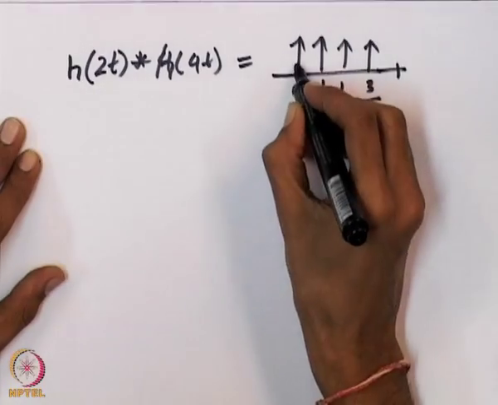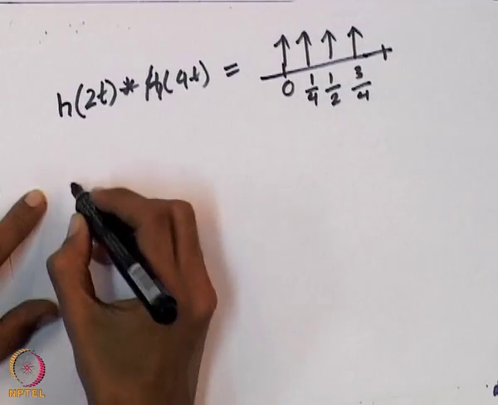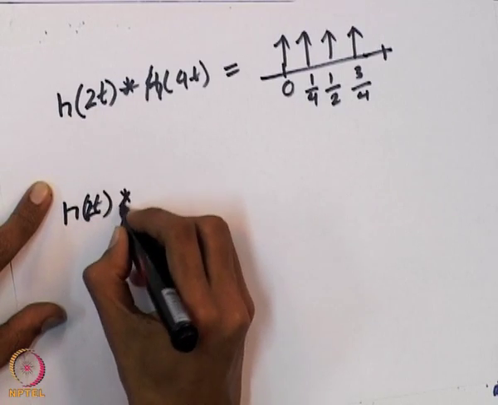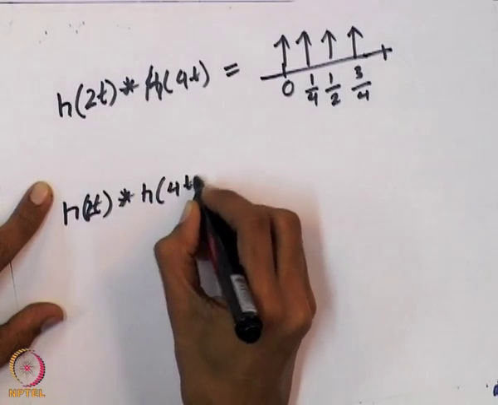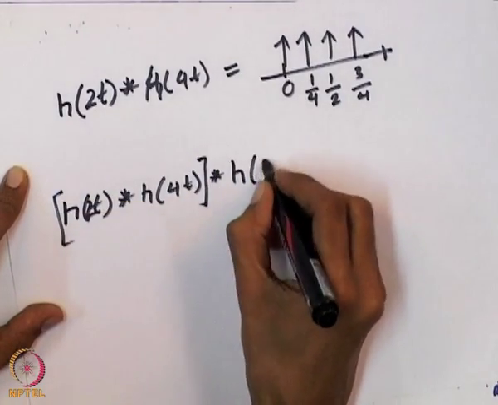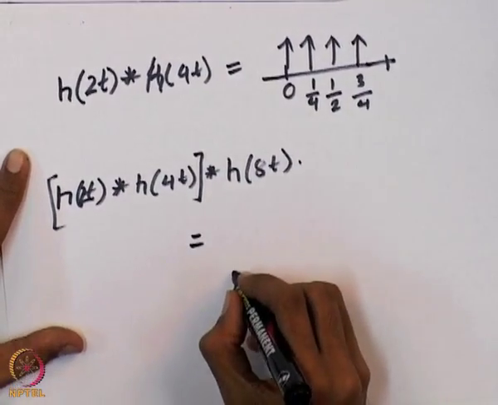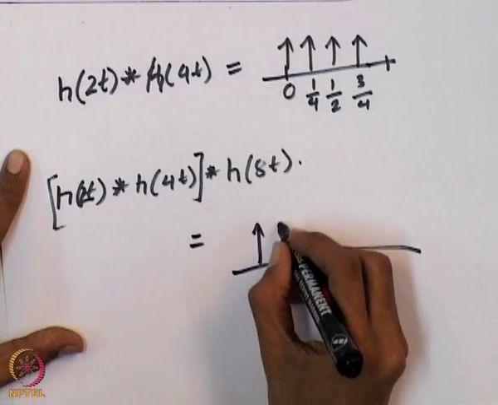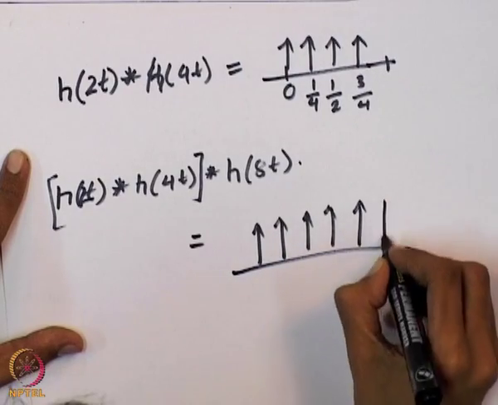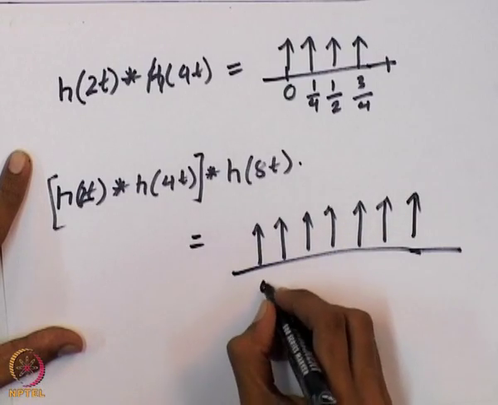It is a 4 length sequence, and now we try to convolve this with h of 8t, and this will look like a train of impulses. There are 8 impulses in this, going from 0